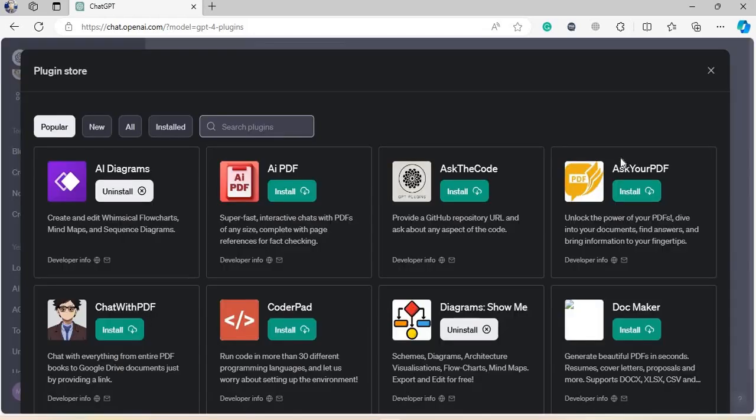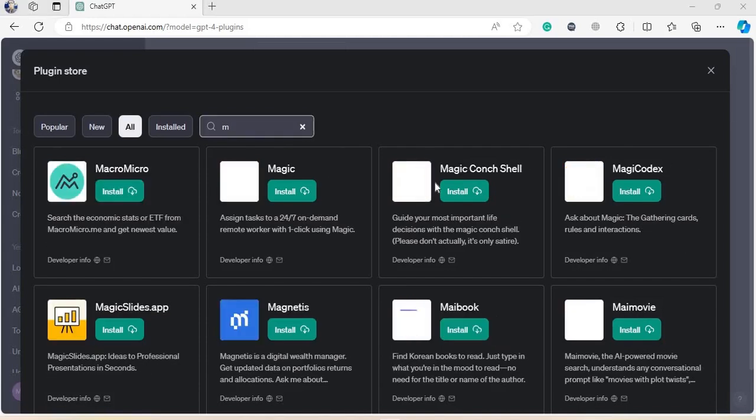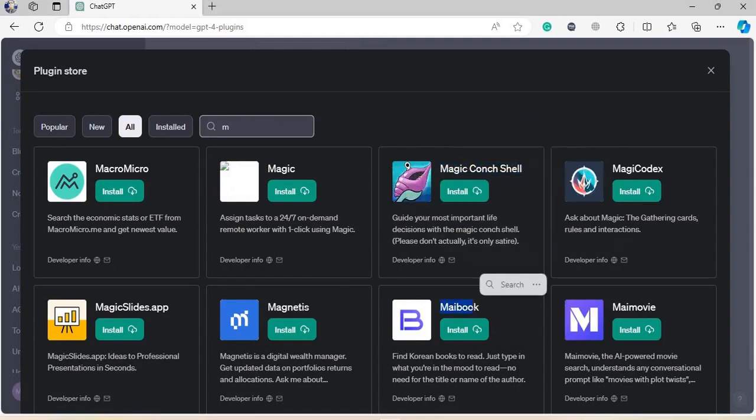So folks, what do you need to do right now? It's really simple. Now you need to get your hands dirty, get your hands in the mud, and just find new plugins. Maybe plugins that I didn't teach. Maybe Magic Conch Shell, I don't know what this is, but maybe that one. Maybe Mailbook or something. Just type in the name. Maybe this one,